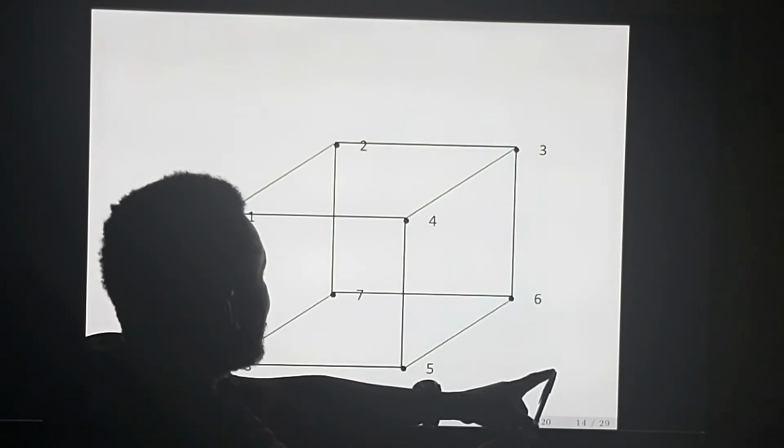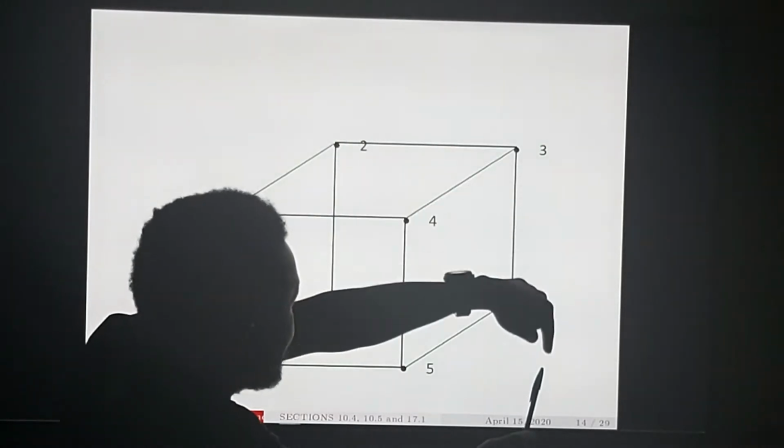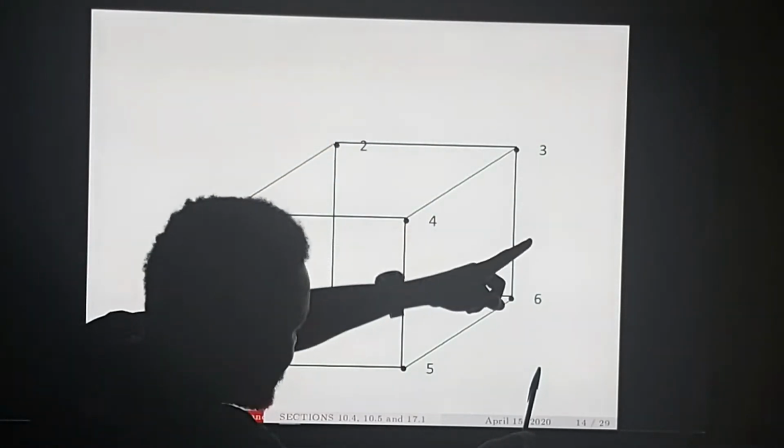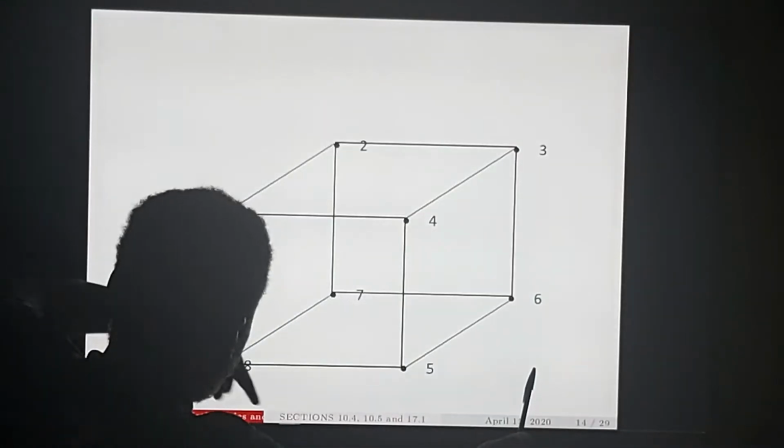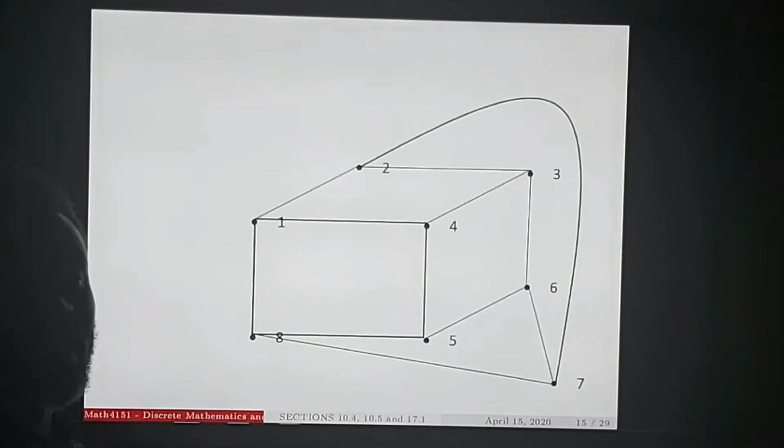Anything else we have remaining? I think we are done because we've removed this crossing. We have it there. That's 1. And then we've drawn 7 and 6 here. And we've drawn 7 and 8 there. So the graph that results is the following. This is exactly what we've done.